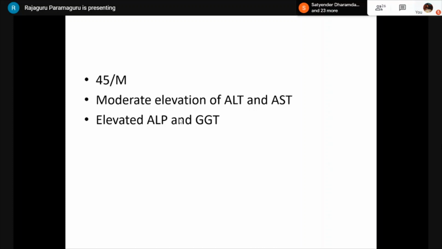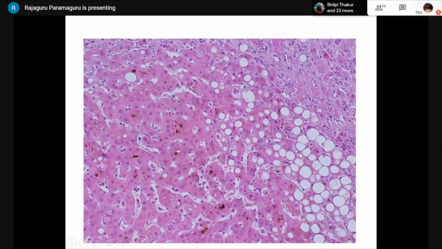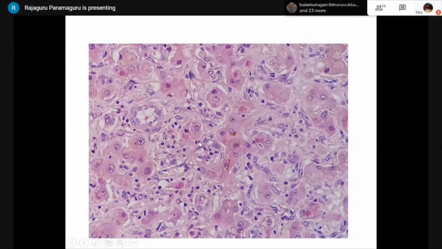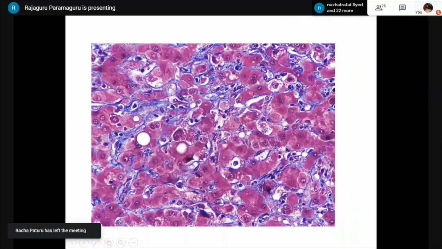So this is a liver biopsy here. You see the hepatocytes, these large vacuoles over here, and these ones over here with something inside, and this is a portal area, it's a fibrotic area. And a closer view of these structures, these rounded pink structures over here, looking closely, these are multinucleated or trilobed inflammatory cells, and this is the trichrome stain showing a classical pattern of collagen deposition. So anyone with a diagnosis in this case?